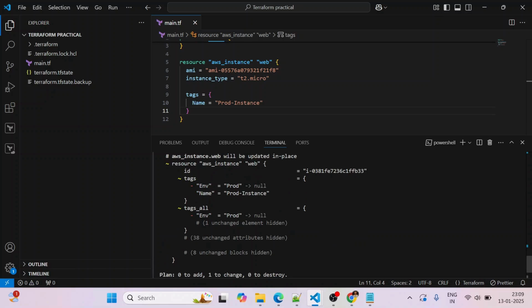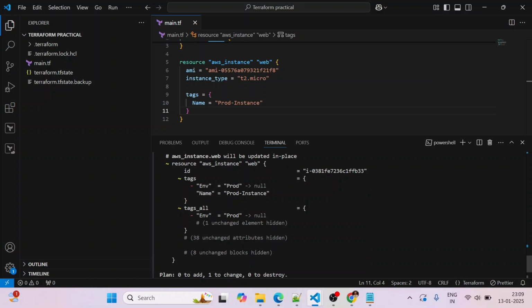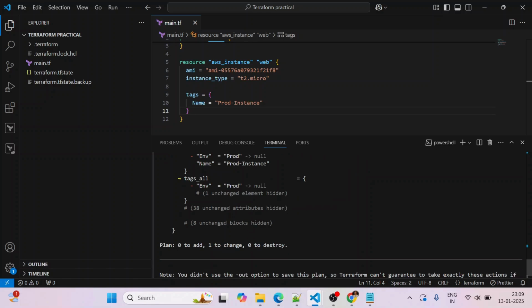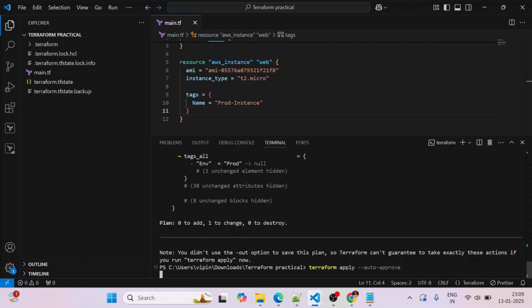It means it's going to change the tags, so it's going to change the tag, right? So let's go ahead and run Terraform apply to see what it's going to do exactly.